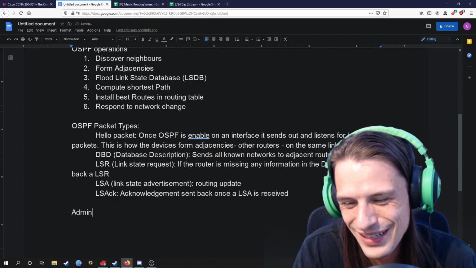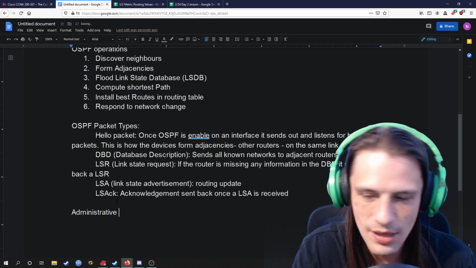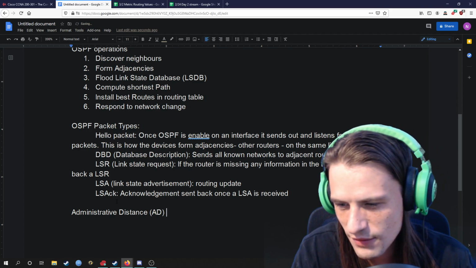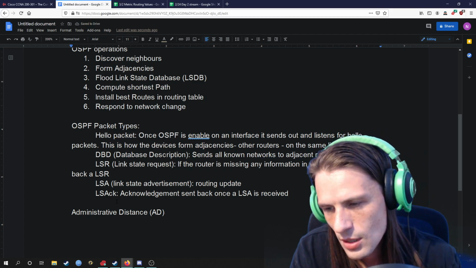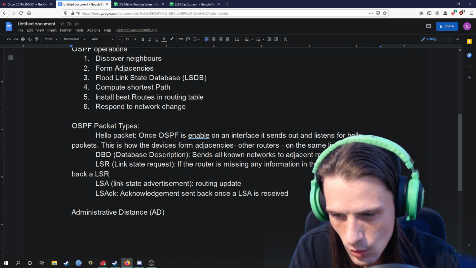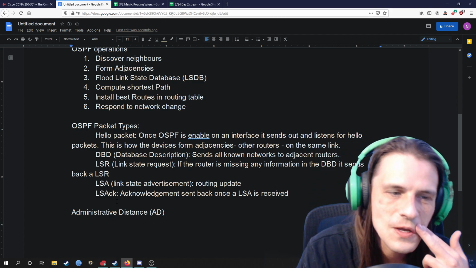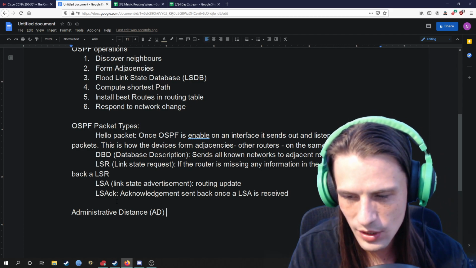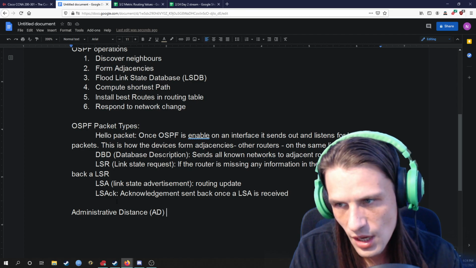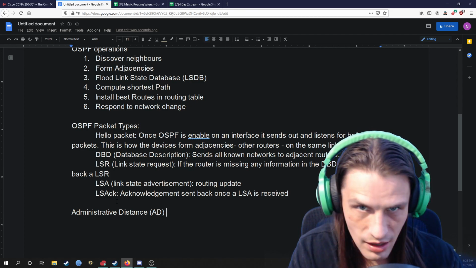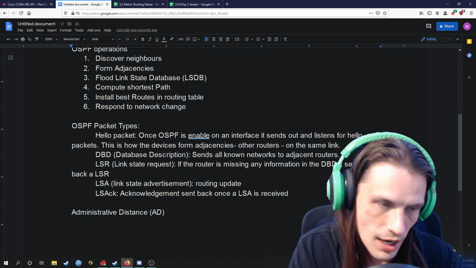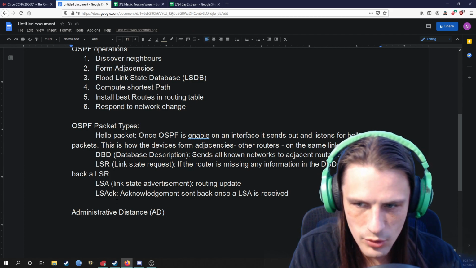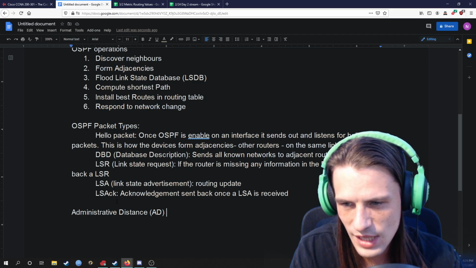Another thing I learned about today was administrative distance. This is a little weird. I'm still making my way through this stuff. So this is used when 2 different routing protocols are involved. If a company, for whatever reason, and I don't think this would be very common, decides that they want to use both OSPF and IS-IS, and both those routing protocols happen to make it to